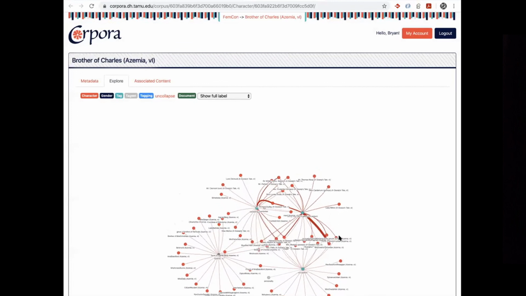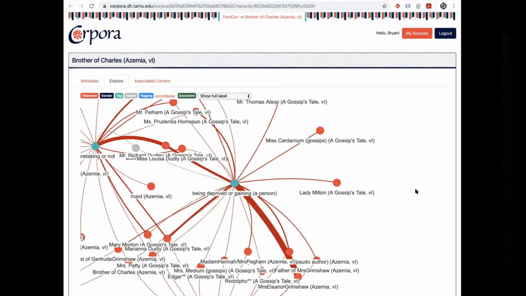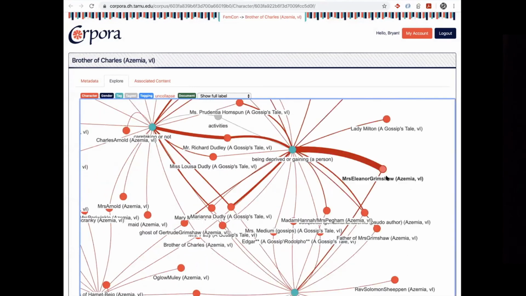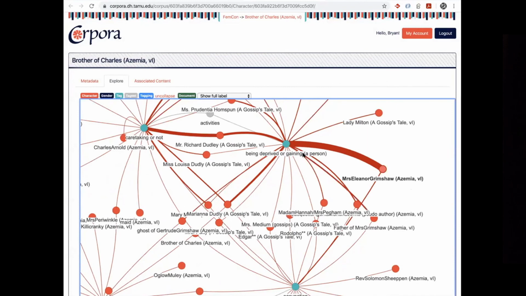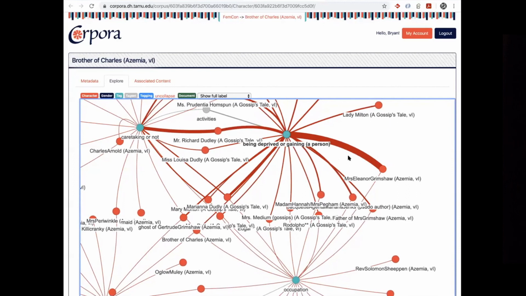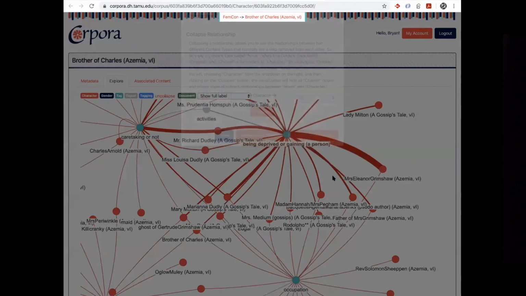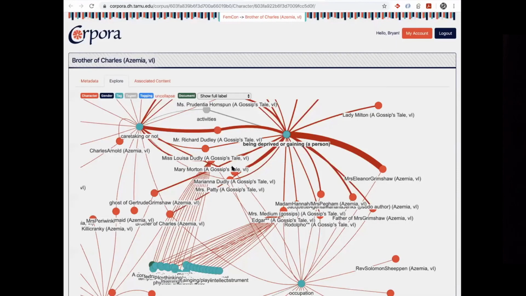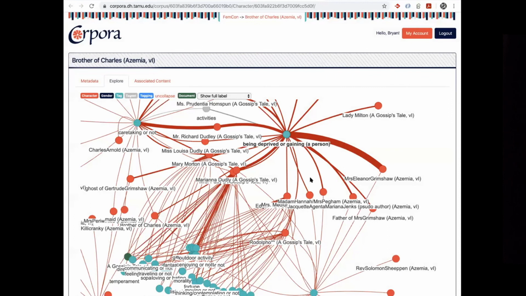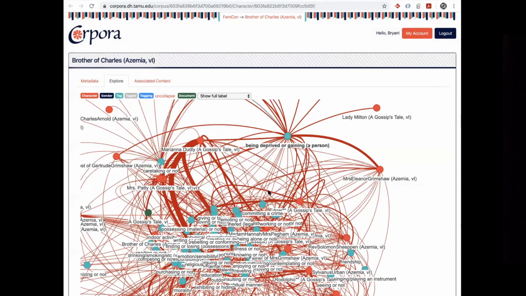And what that allows us to do is draw a thick line, for instance, connecting Miss Eleanor Grimshaw here to being deprived or gaining, with this thickness indicating that there are quite a few taggings associating those two nodes. And once you've done that, you can sprawl out looking for more tags associated with every character. And once this finishes rendering on my browser,